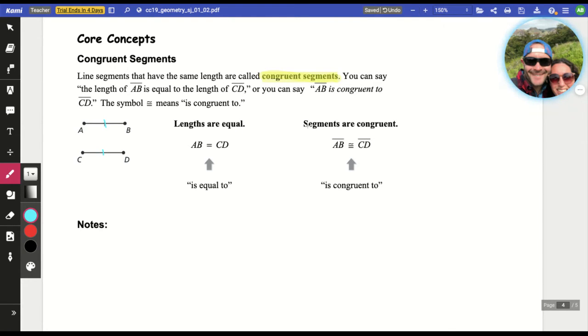If we say segments are congruent, so the shape, we write the segment bar and we use this symbol right here. It's an equal sign with a little tilde over it, and that stands for congruent. The real difference here comes down to a little bit of mathematical discussion and notation. Really, congruent means